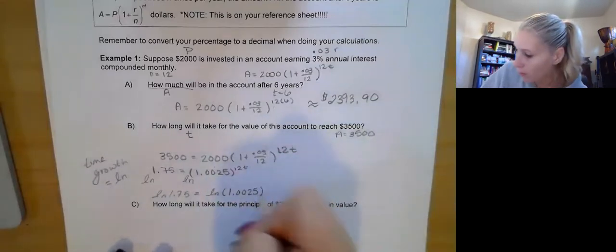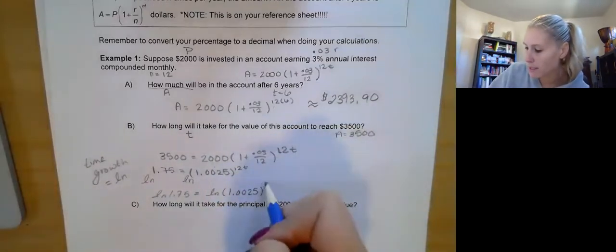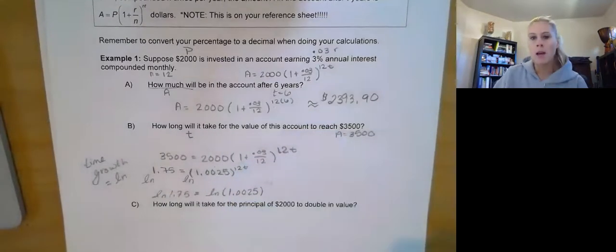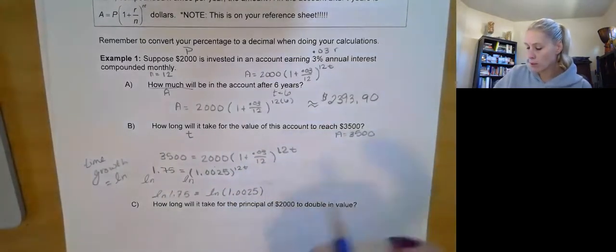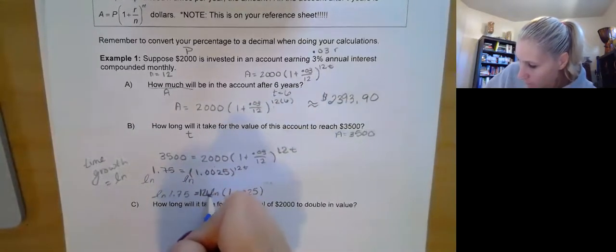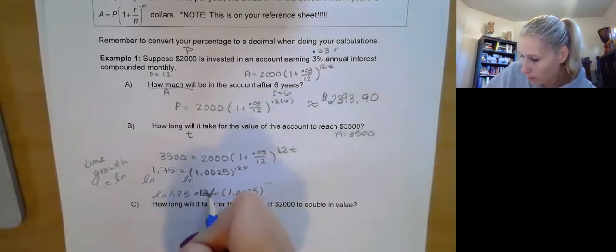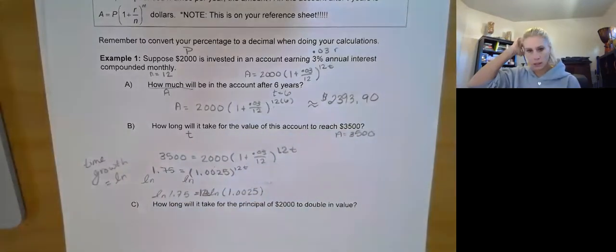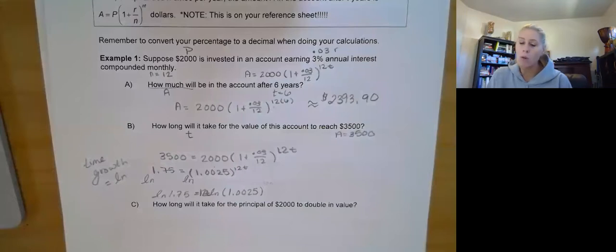Okay, now of course this would be to the 12t, right? But what do we know we can do with that exponent? We can put it in front. Do you guys remember exponent rules with ln and logs? We can put that in front. Now this is a multiplication, which means